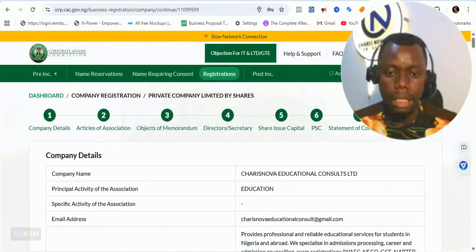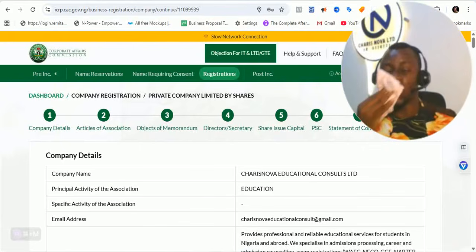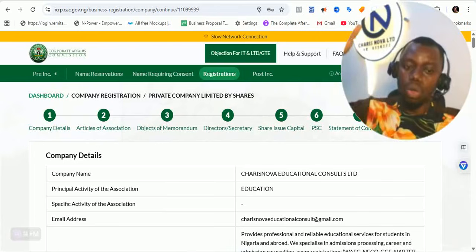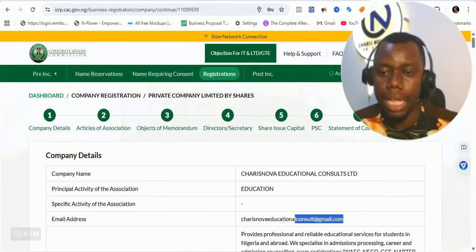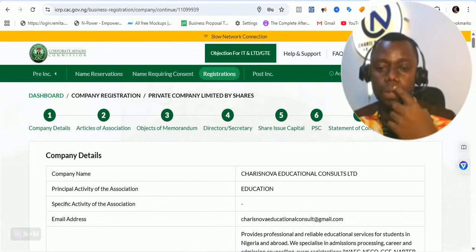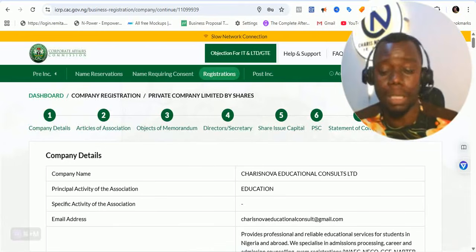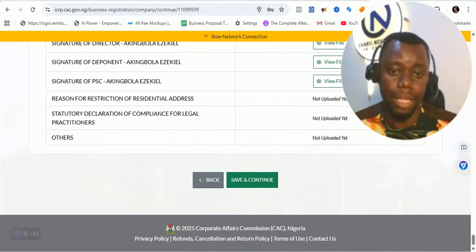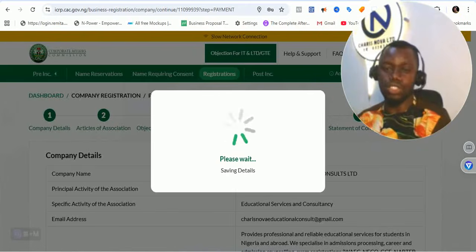So the next thing I need to do is to preview. I'll go through everything from the beginning to the end, correct everywhere there could be any form of mistake in the name. I'll go through it one after the other to see if there's any mistake anywhere. If there's any mistake, I can correct it, go back and edit, and then fill it in. And I must do this before I make payment, because after payment I will not be able to correct again, unless it is queried. So far I've gone through everything and I think everything is correct. So I'm clicking on save and continue so that I can make payment for the CAC part,